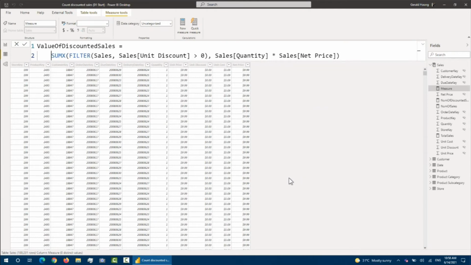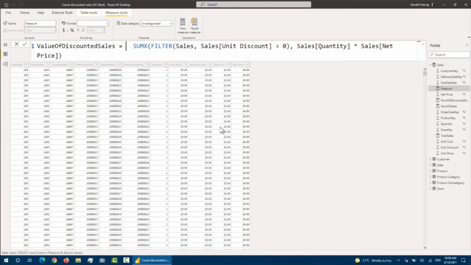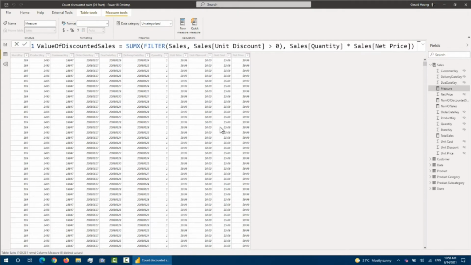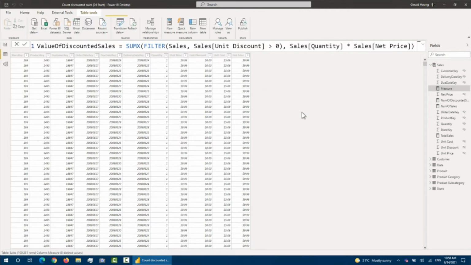You see, I always have to press tab key like this. Easier to read, can fit one screen, right? No problem. But just now, if it's able to display in the same line, then okay. I can still put it like this. Just nice, fit, okay? Now when I press enter, all right, so I've got a new measure, value of discounted